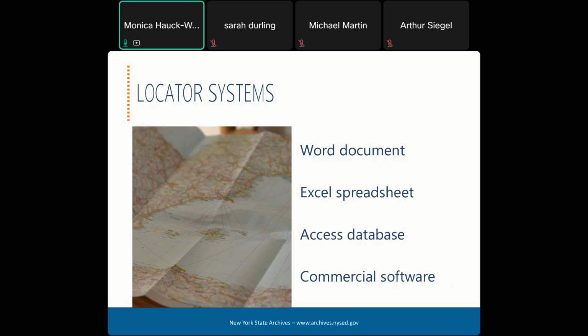And if you need something more robust, and especially if you want to run complex reports, a database might be a great option. There's actually a sample database from the state archives that's available on our Forms and Tools page. But sometimes you want something a bit more. You just want more functionality, in which case specialized records management software might be the way to go. But the problem is, with additional functionality comes additional cost. So, consider your options, talk to state archive staff about your specific situation, and consider what meets your needs for the most appropriate cost.